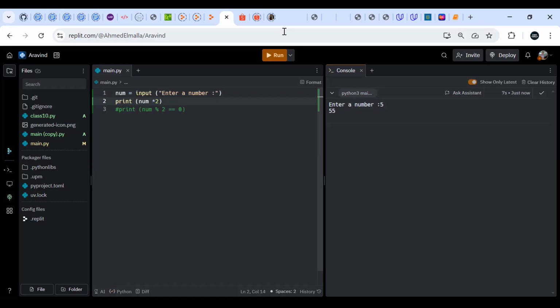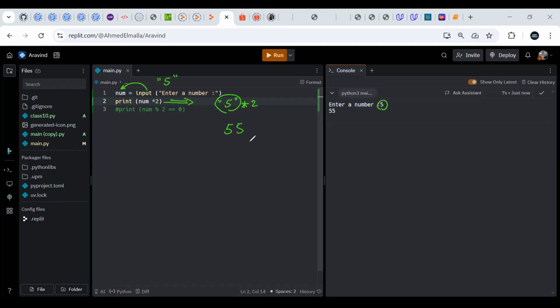So the strong reason is that whenever you input something from the screen or using the keyboard, it is actually saved in num in a string format, which means it has double quotation marks around it. So when I said print num, and it already saved this 5 inside num, it will treat that as a string. So when it multiplied by 2, it is going to double it, which means it will replicate that 5